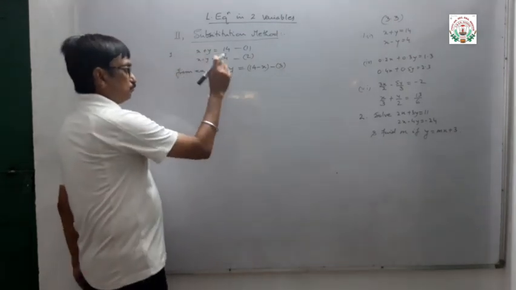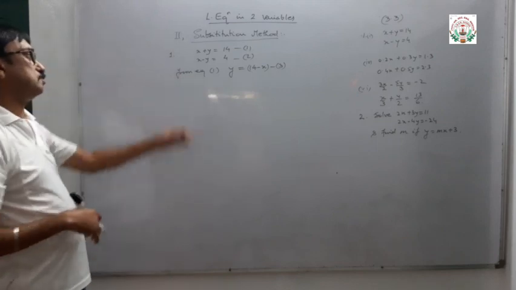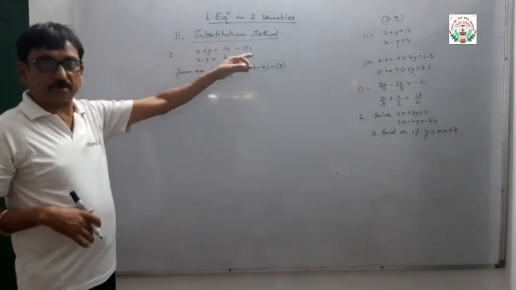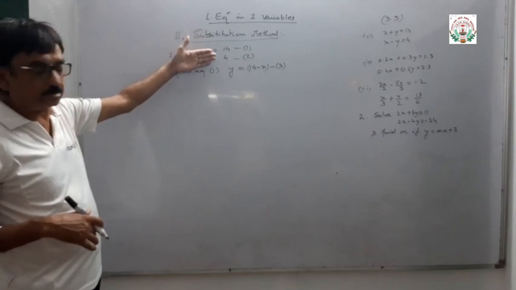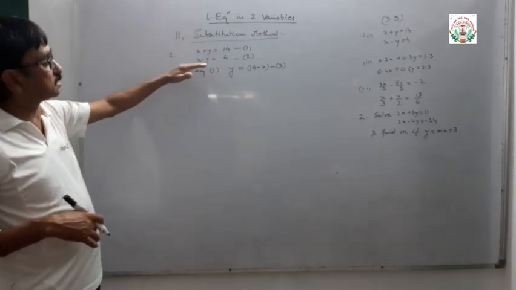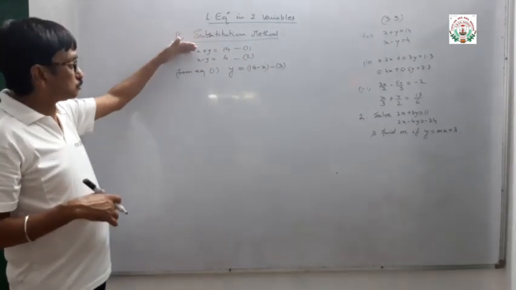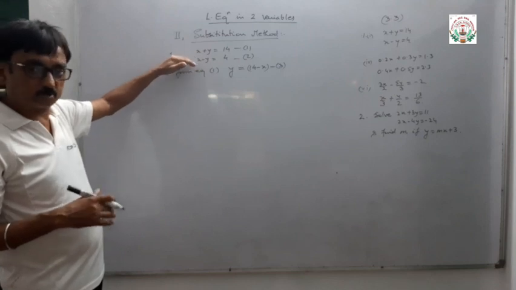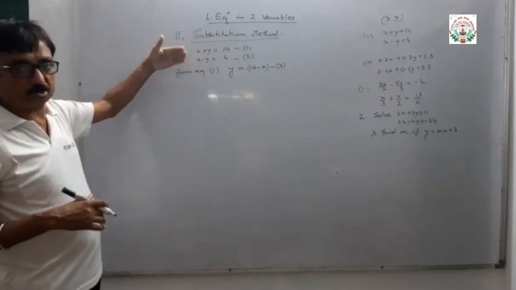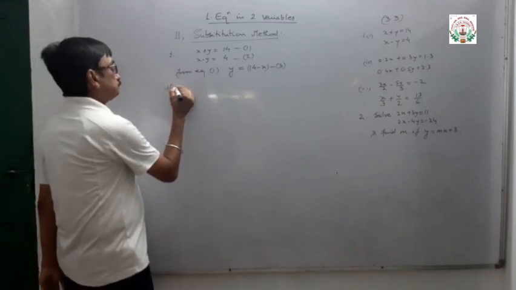From equation 1, y equals 14 minus x, I can take the value of x also. x equals 14 minus y. Either we take the value of x or y from the first equation, or from the second equation. If we take it from the first equation, we will substitute in the second equation, and if we take it from the second equation, we will substitute in the first equation. So now